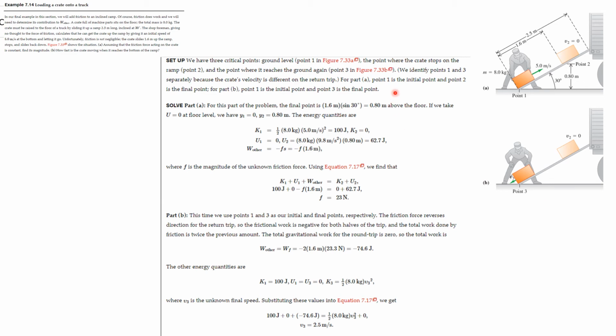So for part A, point 1 is the initial point, and point 2 is the final point. For the first part, we're just going to say, he started it, he shoved it up, and then it stops. Where are those points, and what's going on at those points? For part B, point 1 will be the initial point, and point 3 is the final point. Remember, in part A, we're really trying to find